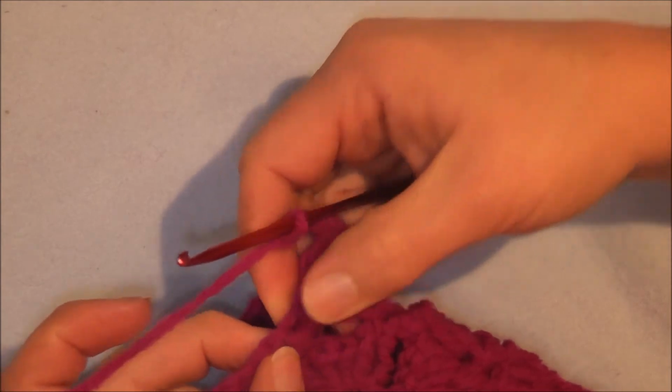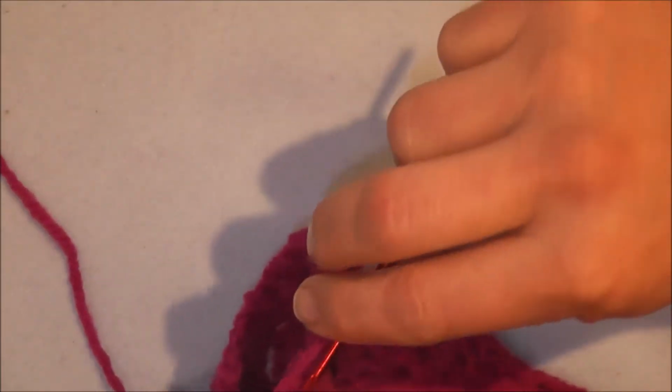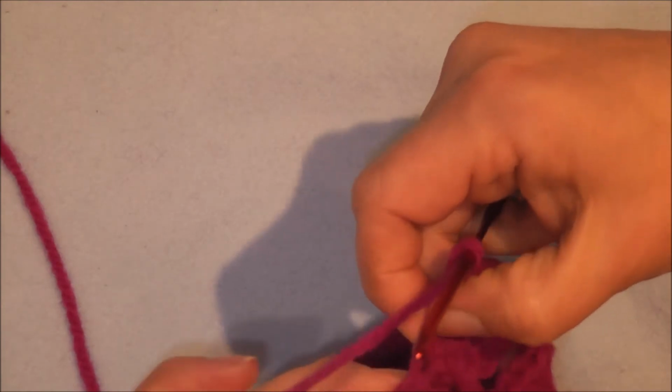find our little middle spot here, do our V stitch, chain 3, single crochet in the tip again, chain 3, find our little midway point for our V stitch, chain 3, join at the tip,